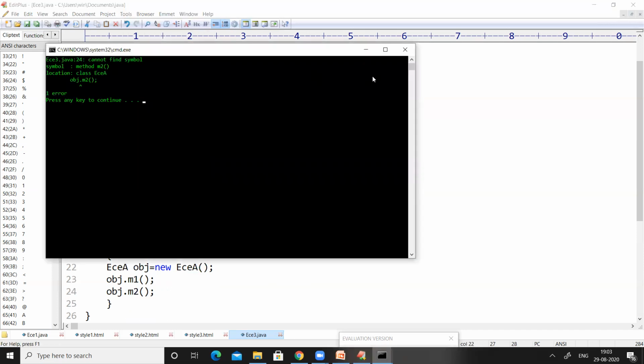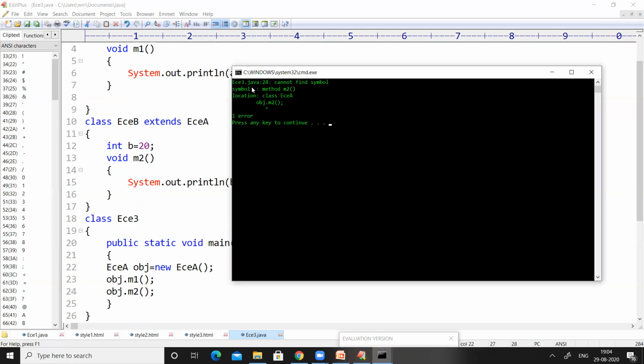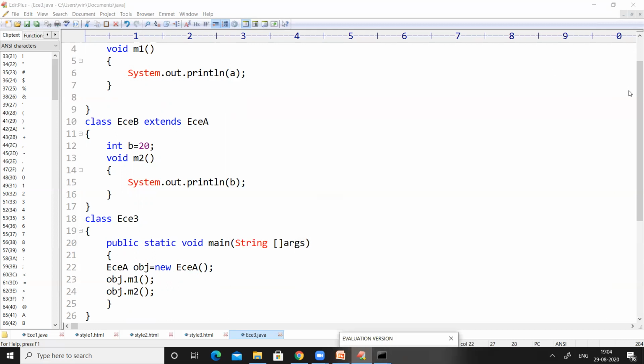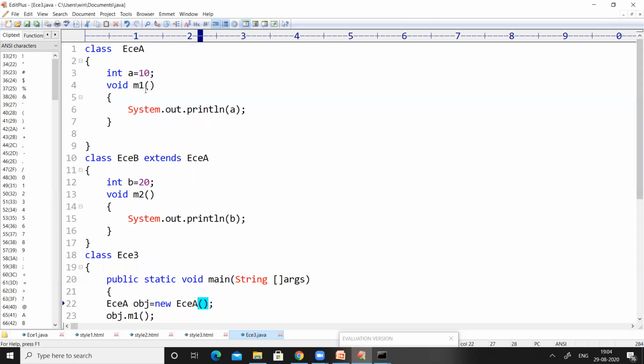So if you observe, it is showing an error, cannot find symbol method M2 in class ECEA. So our JVM is unable to find M2 in ECEA. There is no M2 method in ECEA. That's what the JVM is showing.